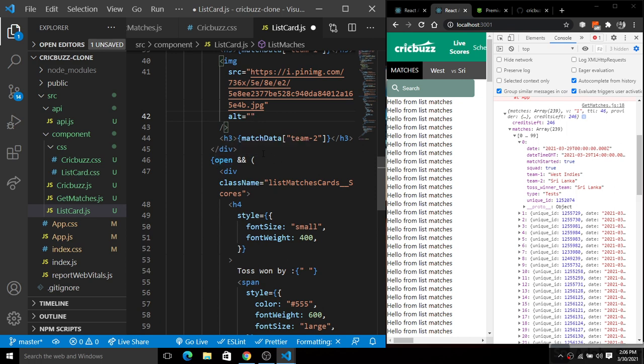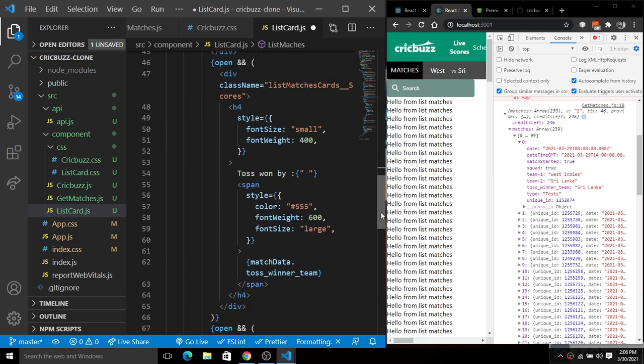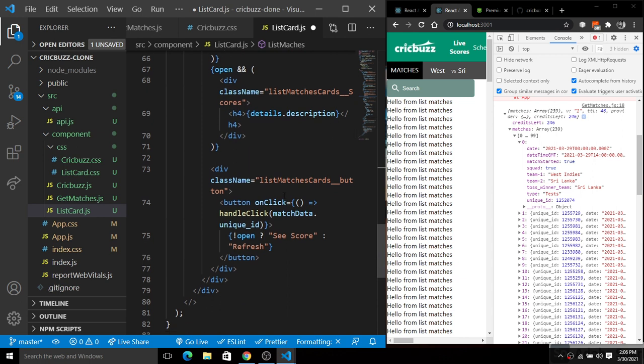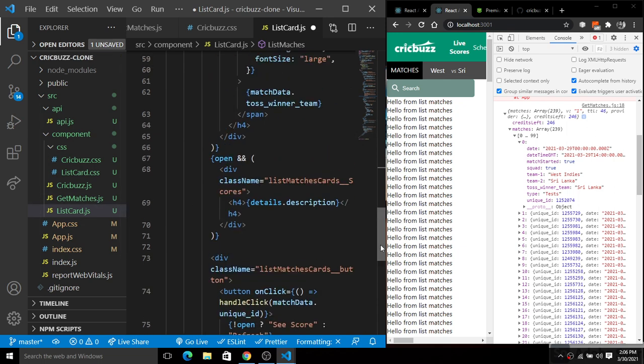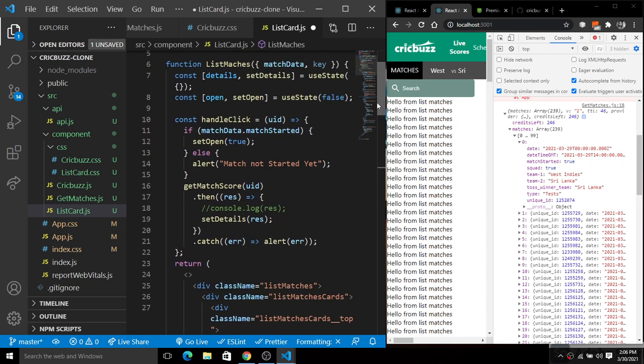Open will be true only when we have this button here with the name of C score. If we click on this button, then set open will be true, and when set open is true, it will simply pass the match data unique ID to this endpoint, right?